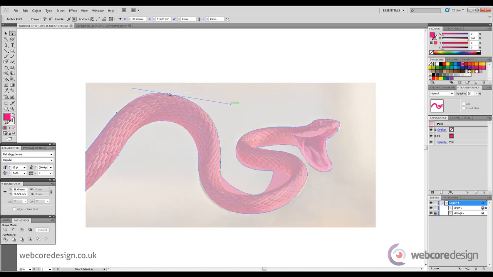Going to manipulate the anchor point at the edge using the right handle, and there we go, matching the snake